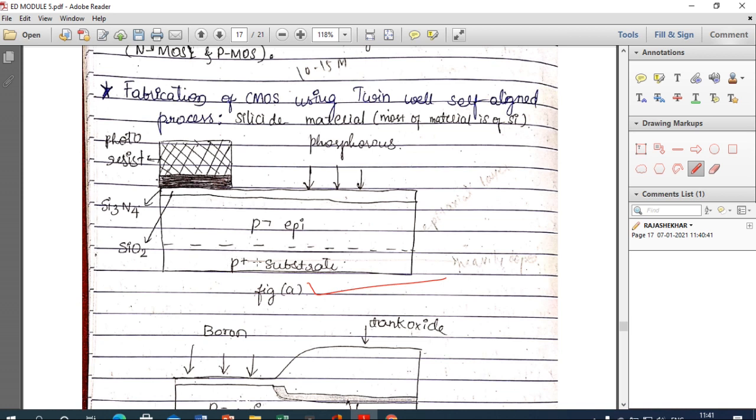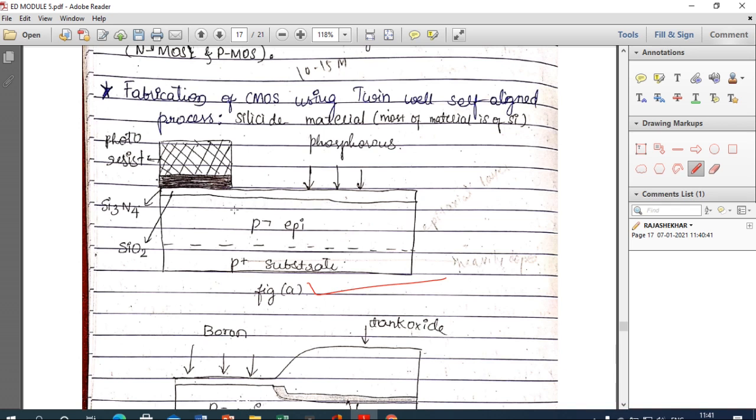After the P plus substrate, we have a P minus epitaxial layer.